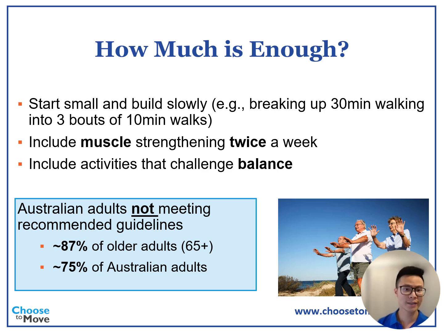And some ways that you can do this is really to start small and build up slowly. So for example, instead of thinking, oh, I need to go outside and walk for an hour straight, you could perhaps start with walking 10 minutes in the morning and then having a break and going about what you need to do in the day, and then doing another 10 minutes of walking in the evening. And then perhaps thinking about slowly increasing the walking time for each session.